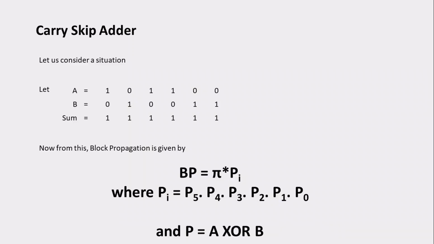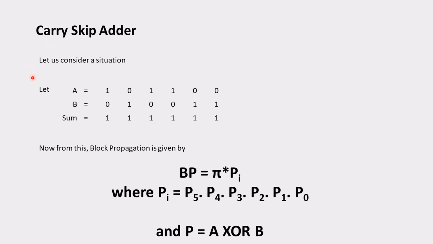Okay, so let us look into the thing over here. There is a concept called block propagation. Based on this block propagation itself, we can achieve the carry skip adder. In this carry skip, in any scenario, we are skipping the carry. That means we are least bothered about the carry in we are getting, and the computing we will do in terms of parallel computation.